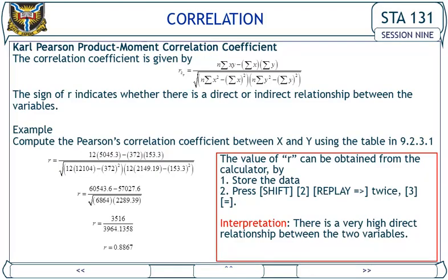Pearson product moment correlation coefficient. The correlation coefficient is given by the formula. The sign of R indicates whether there is a direct or indirect relationship between the variables. Example: compute the Pearson's correlation coefficient between x and y using the table in 9.2.3.1. R is equal to